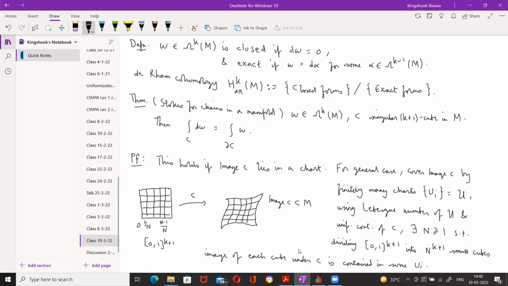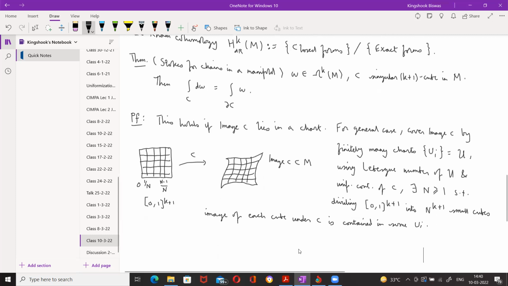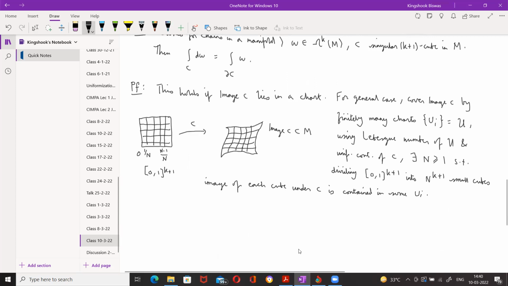Right, this we can do. So if I take one small cube here, then the image will be contained in some U_i. Now you let